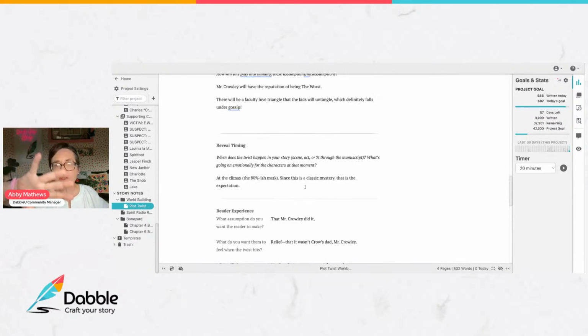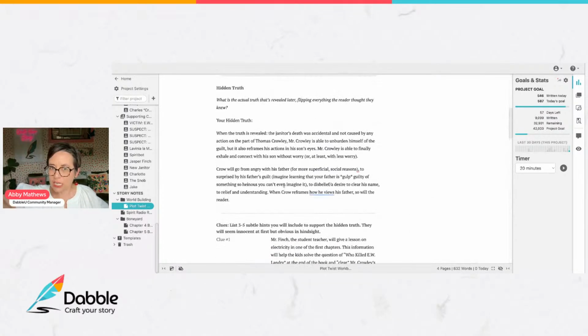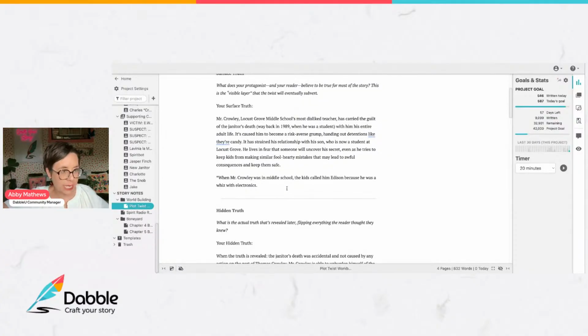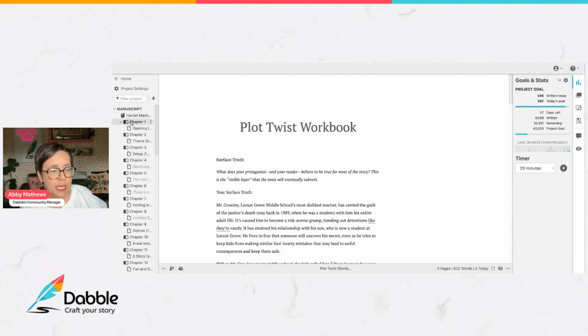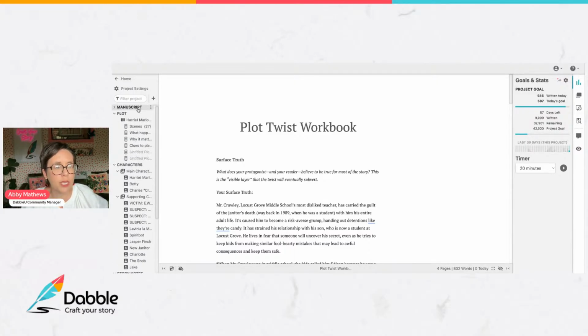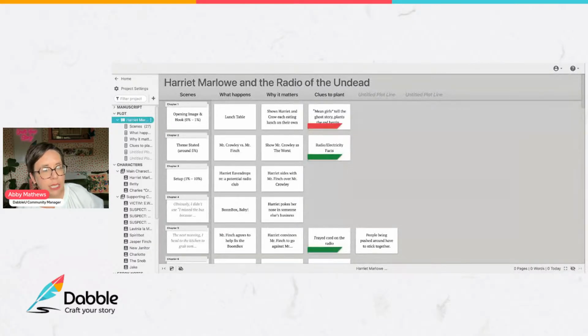So now that I have all the information that I want to build in, right? How did I build that in? So you can see over here to the side, I've got all my chapters. I'm actually going to go ahead and close down my manuscript because the part I want you to look at is my plot grid. So when I click on my plot grid, let me show you, there's two books that I use when I outline a story.